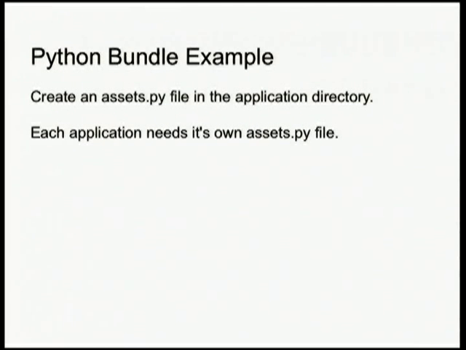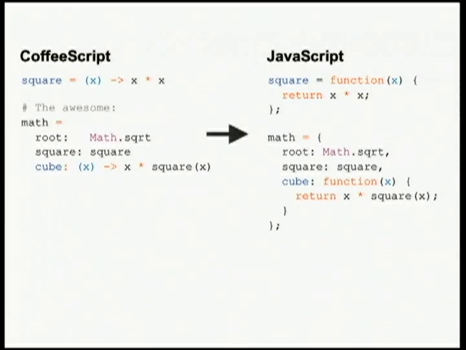Getting started's pretty easy. Just create an assets.py in your application directory. By default, each application, not project, needs one assets file, so that's one thing to be aware of. So in this scenario, we're actually going to use Coffeescript. Coffeescript's pretty nice. It has some flaws, obviously, but one thing it does is gives us some namespacing, and we